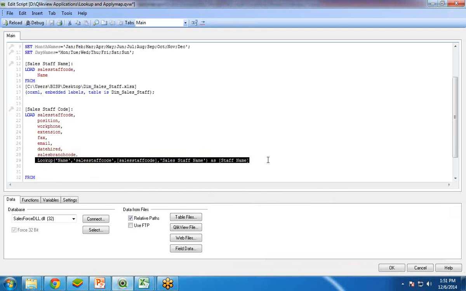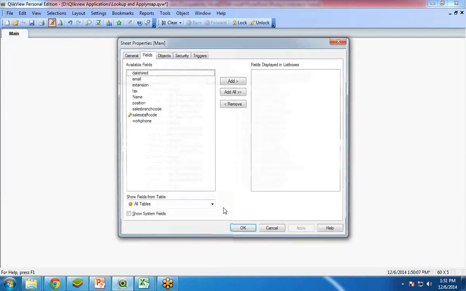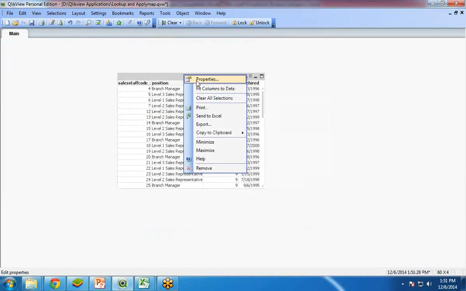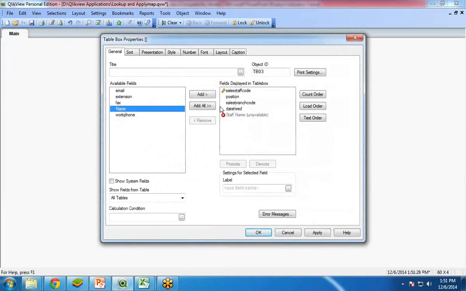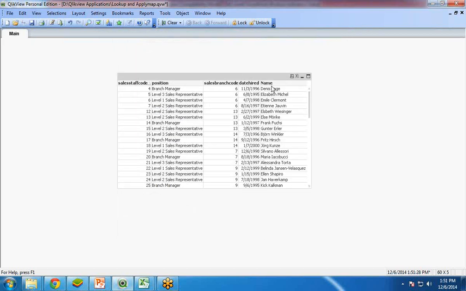I cut this, and I simply save and reload it. See, we have a name field, I add this and remove this staff name and OK. So see, still we will be able to achieve the same. But if I want to remove the join between two tables, how do I do that?